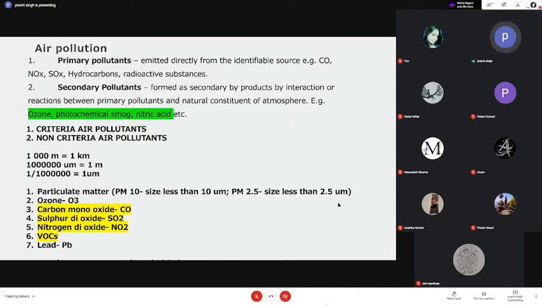That is why it has been added in your criteria pollutants. Second, your paint industries and your varnishes also use a good amount of lead. Although now they have all started using substitutes and they don't use lead in that amount. Fossil fuel में भी अभी lead नहीं डलता है. They are using certain other knocking agents, but this is still a very important criterion to determine the quality of the air.